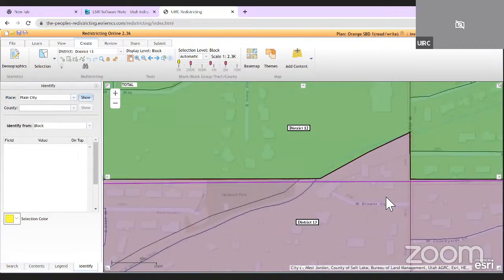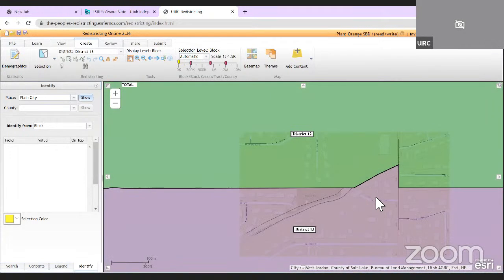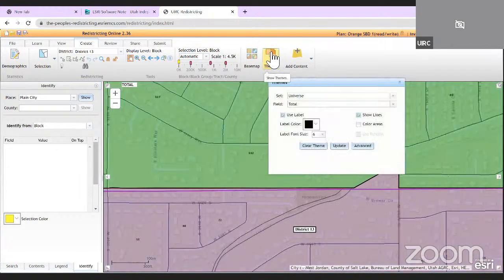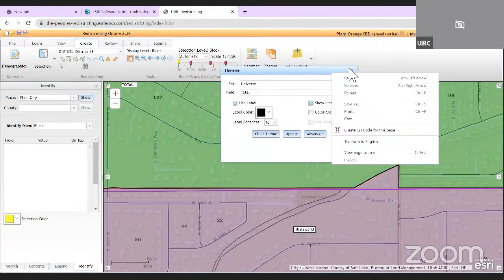So it may be that we may need to put the numbers up there. Yeah, hit themes. And then just change the font size to maybe 10. And just hit update. Okay, so it looks like that block that crosses